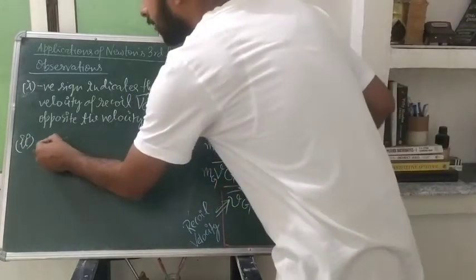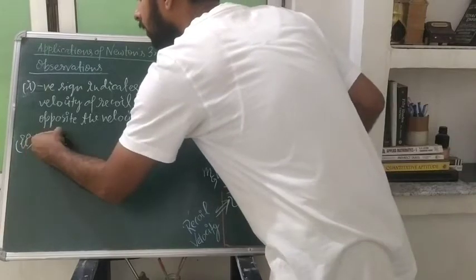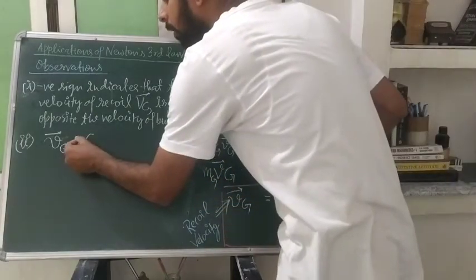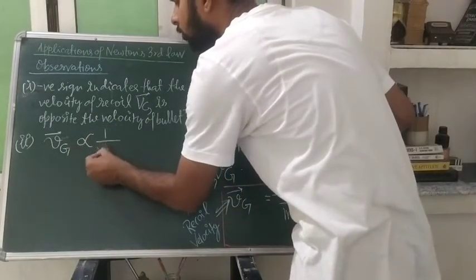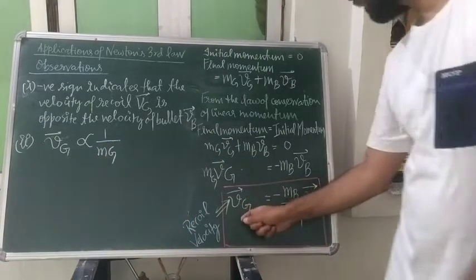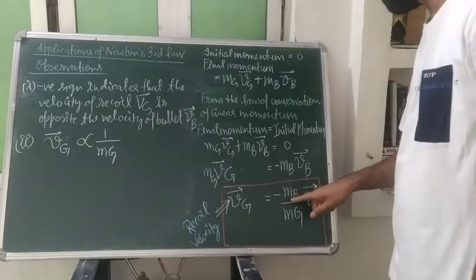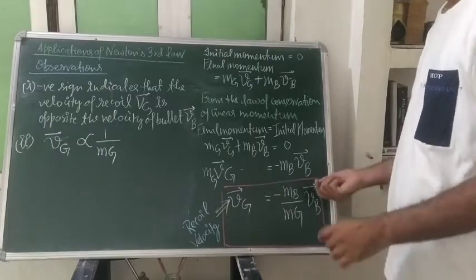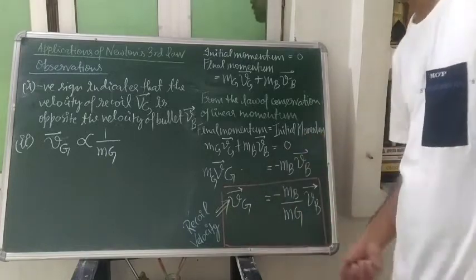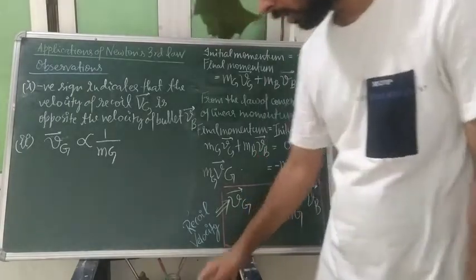Whatever our recoil velocity of the gun is, the velocity of the gun is inversely proportional to what? The mass of the gun, isn't it? This Vg is inversely proportional. If the mass of the bullet and the velocity of the bullet are constant, then our velocity of the gun is inversely proportional to the mass of the gun. Okay, so